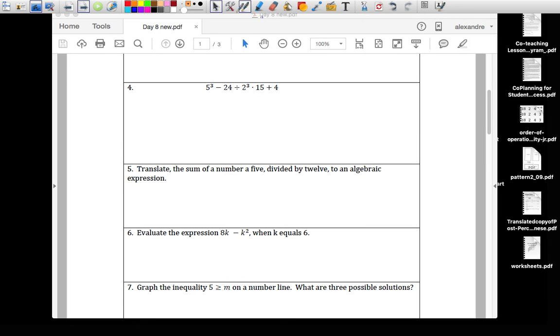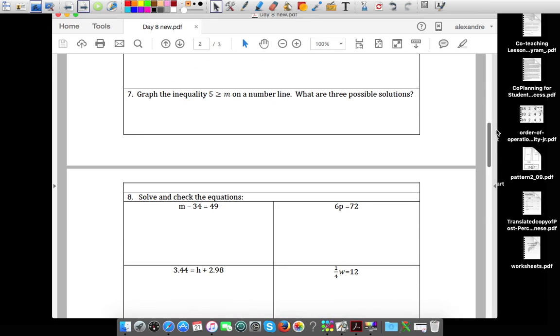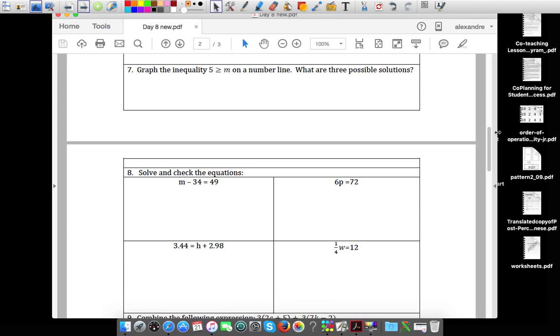Let me lower this a little bit. Here we go. So what number? And we're number 7 already. Okay, so graph the inequality